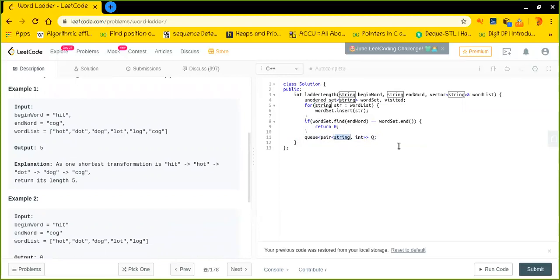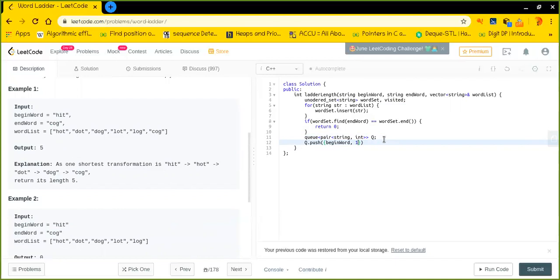So initially, we will begin the process by inserting the begin word, and the step required for now is one.